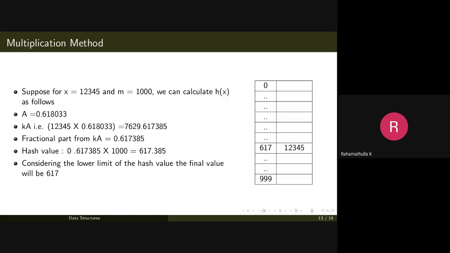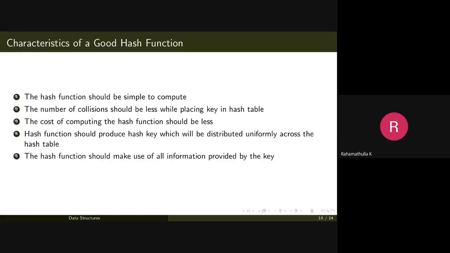Okay, so next, what are the characteristics of a good hash function? A good hash function should be simple to compute. Then the number of collisions should be less while placing a key in the hash table. We have not defined what we mean by collision. A collision is when, for a hash function, more than one key value produces the same hash value.